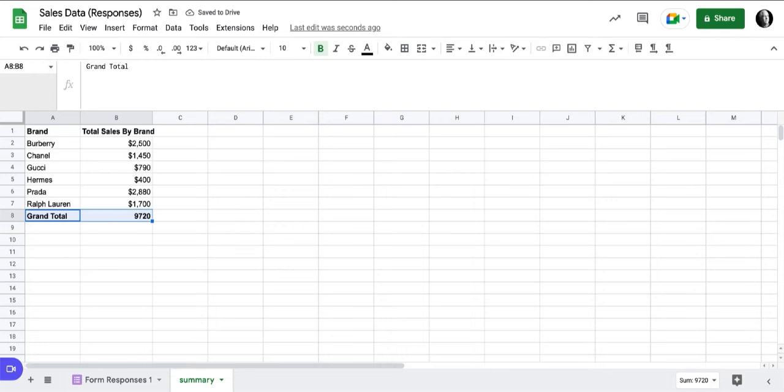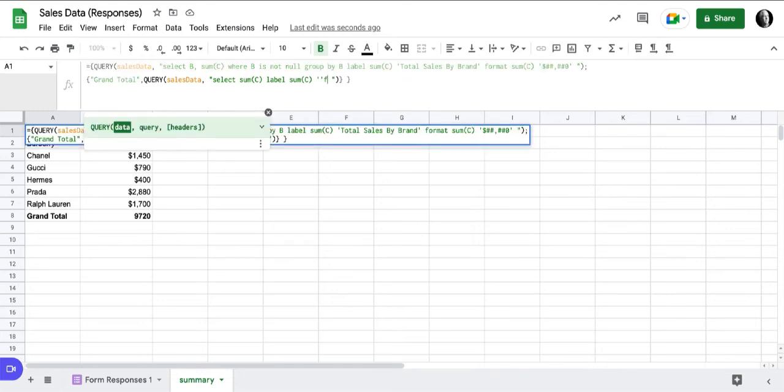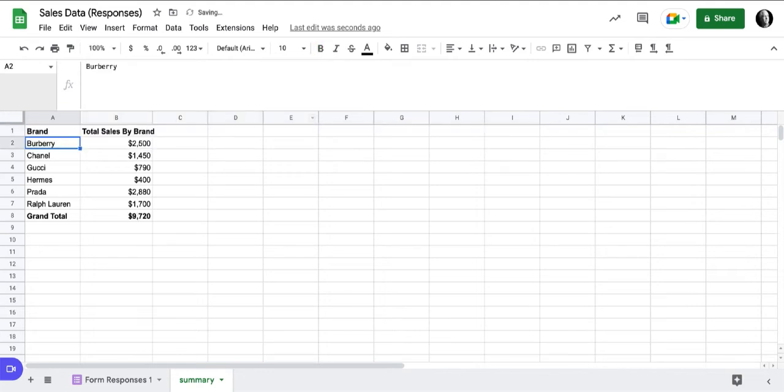Now notice I missed something here. I got to come back because I don't have my format. So I also want to format this. Format. I better put a space there just to make it more readable. We're going to format sum C as dollar, pound, pound, comma, pound, 0, and that, and now I have my